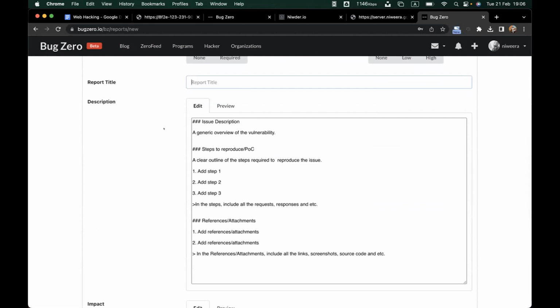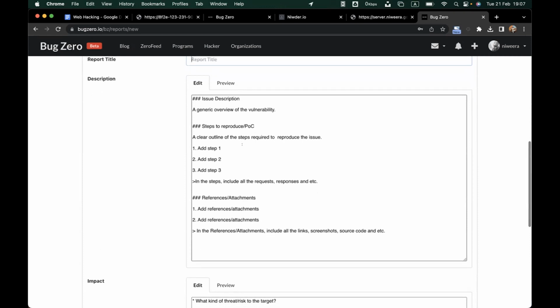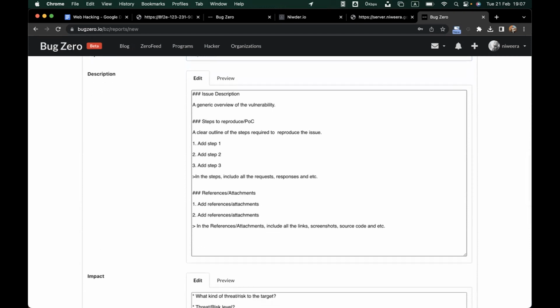So in the report description, the hacker should add how the hacker or any other party can find this vulnerability on their own. We call it the proof of concept, or the POC. So you add these steps, and some hackers add references, attachments, Google Drive links, or some kind of secure storage links to show how this vulnerability can be reproduced by any other party.